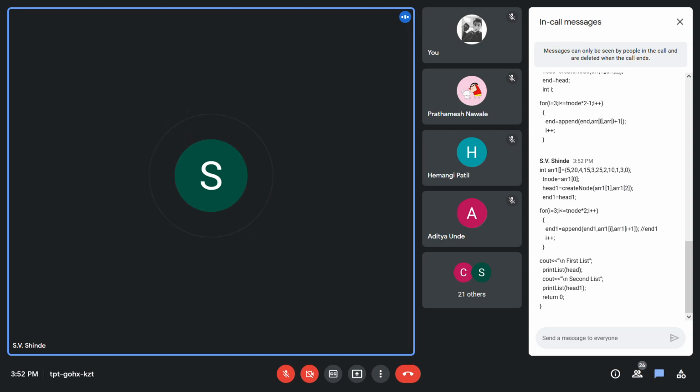So this was the easiest example for polynomial addition. We have to modify it for polynomial addition. I have just given it for the head list code, so you can create multiple head lists and add the polynomial.